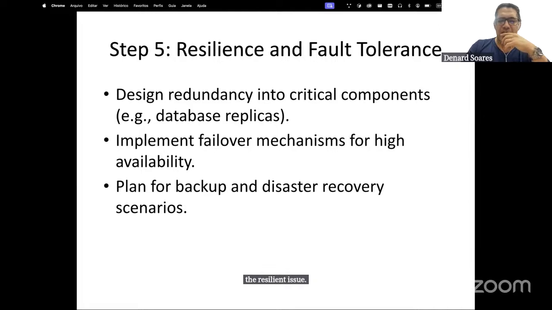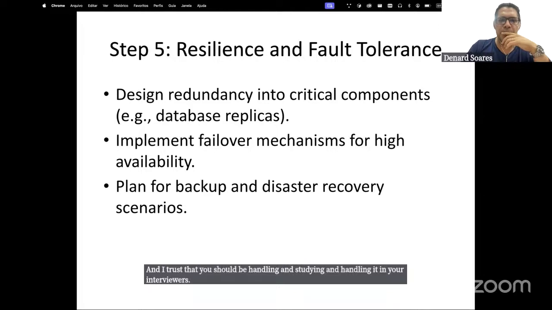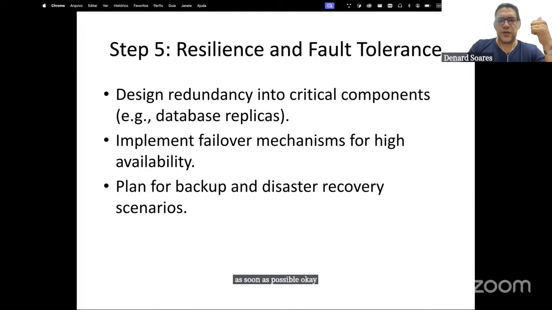And I trust that you should be studying and handling it in your interviews as soon as possible, okay? What am I talking about when I mention resilience and fault tolerance? Design redundancy in critical components, for example, database replicas, implement failover mechanisms for high availability, and the old backup for disaster recovery, okay?